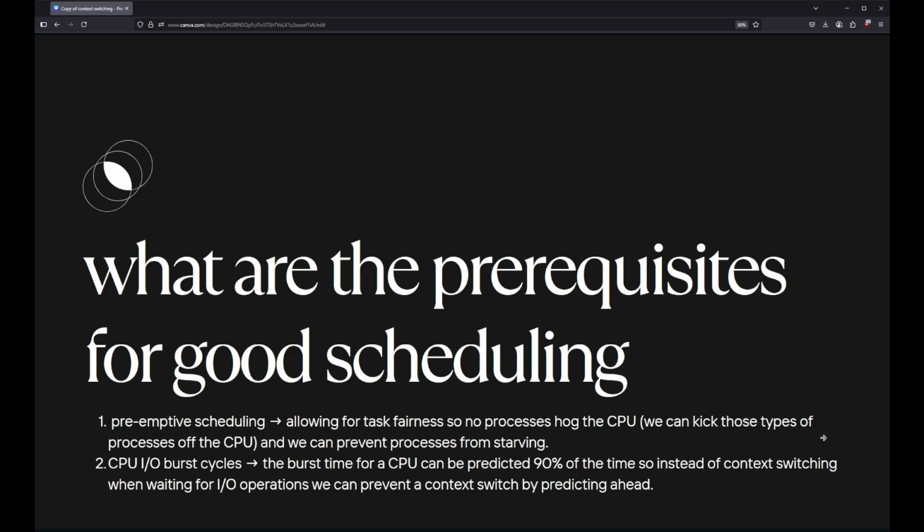So it's also defined as the turnaround time for a task to run on the CPU with no distractions or no context, which is nothing else. So just be that process running on your CPU. Now, when it comes to processes that have I/O operations, 90% of the time you can predict the burst time